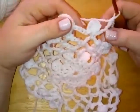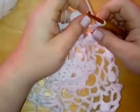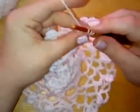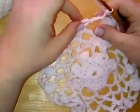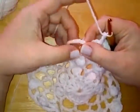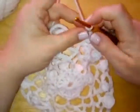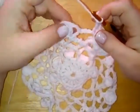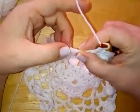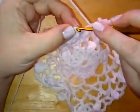Okay, when you are back near to the space you started in, you are going to do your last chain 5 and your double crochet in that chain space, and then to finish off, instead of doing a chain 3, remember we've got this initial chain which counts as your double crochet and chain 5. So what we're going to do to link these two together is a chain 1, and then we're going to do a half double crochet in the 3rd chain of this chain 8 that we did. Okay, the 3rd chain up, and that will give you your double crochet there. So a half double crochet in that 3rd chain,